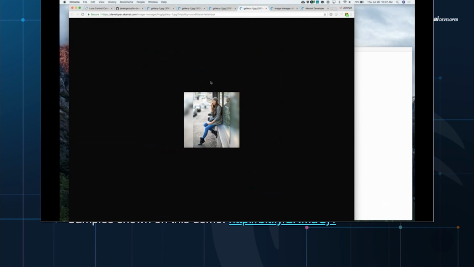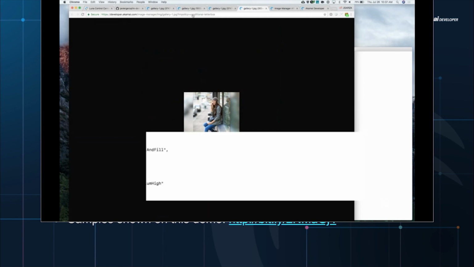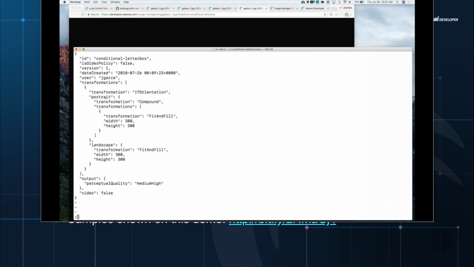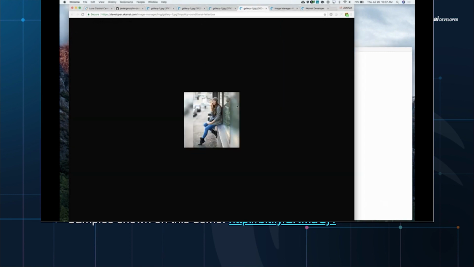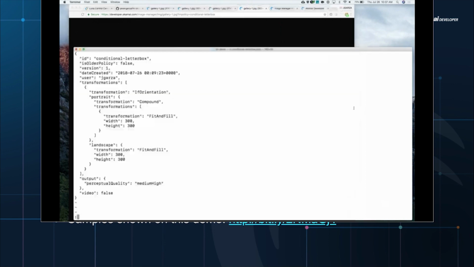So you can see in the policy that we created, we say if the image is portrait mode, which it was in our case, we do a 300 by 300 resizing, and the sides of the images, the empty space, will fill it with a fit and fill, right? That's how it works. And if we do the same with another file that is in landscape, because this policy has two conditions, it will do the same exactly for landscape, okay? I could do it only for portrait, but in this case, this is a double policy with two conditions. All right,